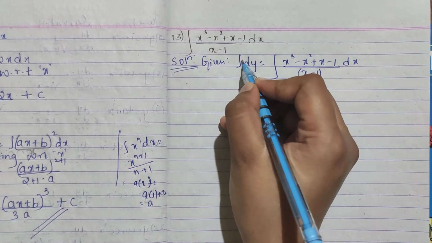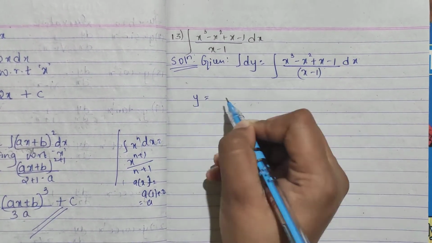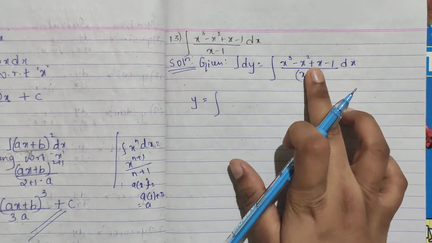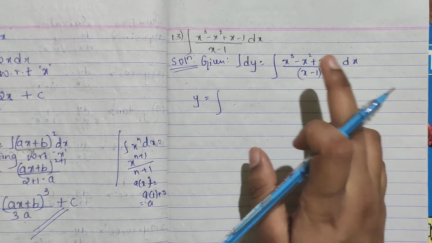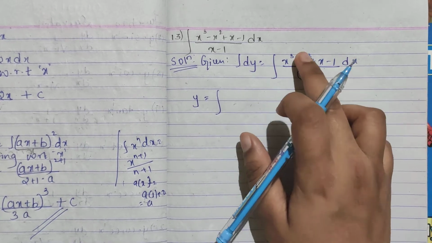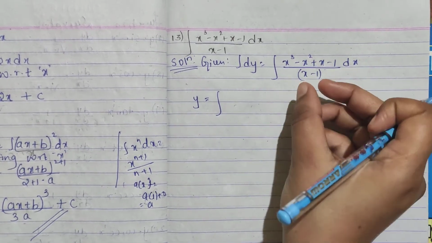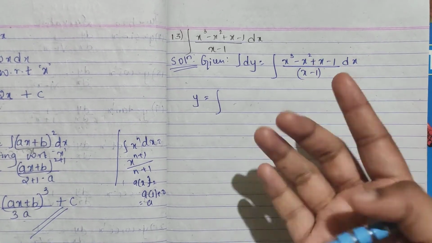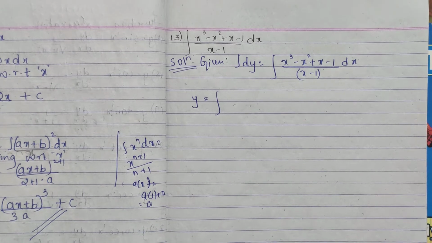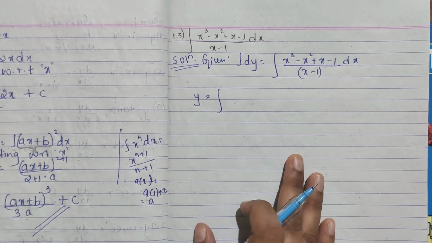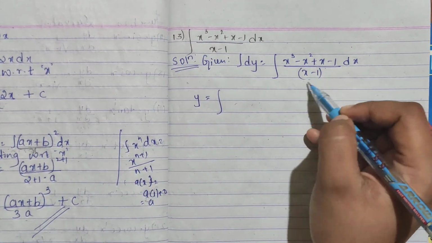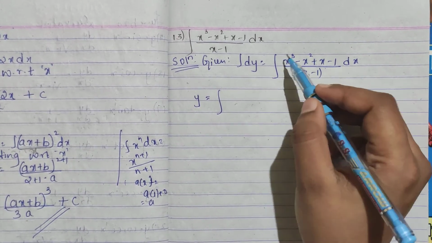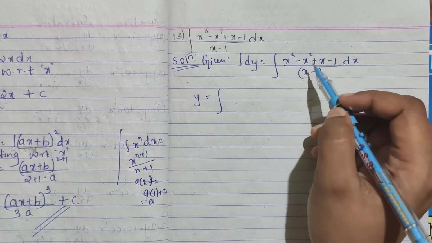So integration of 1 with respect to y will be y. See here how I can do it. If just a single term was there in the denominator, then you can divide each term. Okay, you can do it in such a way, dividing each term. But here you have two terms. Even if you want you can do it, but again it will be just as complicated. Or else, as you have studied in your 10th and so on, if there is one polynomial in the denominator, then you can make the numerator in the same form by dividing and multiplying.